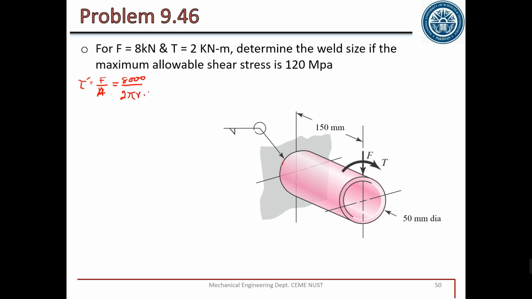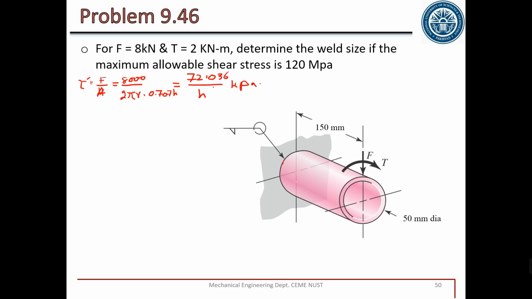What is the size of the weld? For a weld we use the throat thickness, so it is 0.707 H. So this is the final value. If you substitute all the values, because R is known, 50 mm diameter, so R is 25 mm, and H is unknown, the final answer we get is 72.036 divided by H kPa. So this is the primary shear.